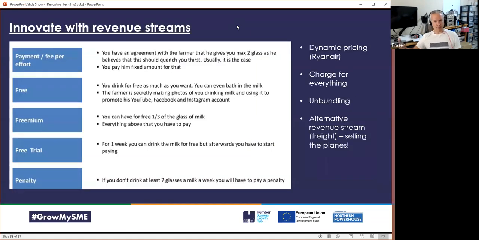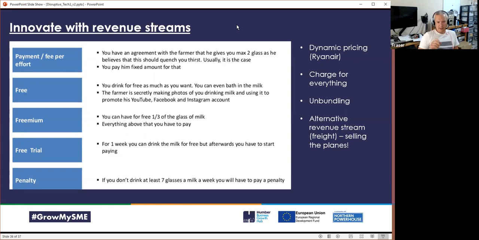I would encourage you to think about ways also to innovate with your revenue streams. You think about Ryanair; they have this strange dynamic pricing, where you can buy a ticket for a penny. They can do that because the money they make is both in freight, they probably encourage you not to have a bag, but also they make a lot of money on buying the latest aircraft and selling them secondhand. So the way that you make money can also be disrupted.